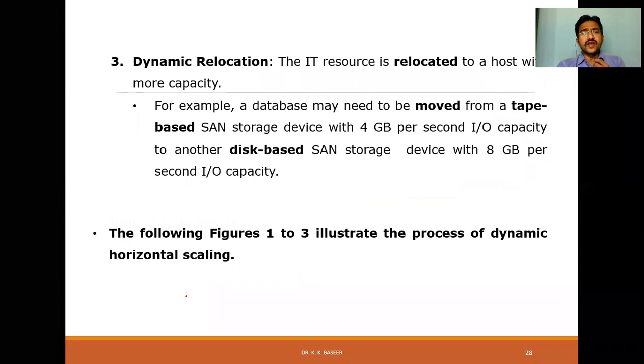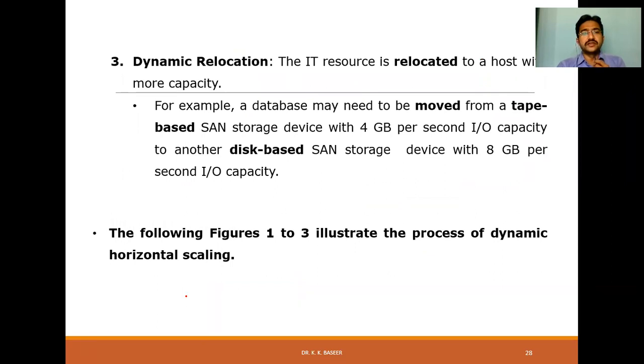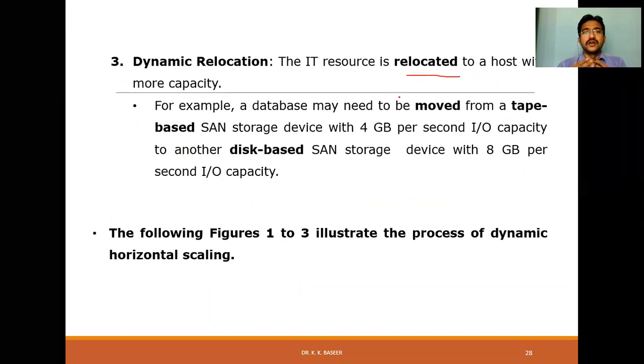And coming to the third part, dynamic relocation. Relocation is when, dealing with IT resources, the resource is relocated to a host with more capacity. The meaning of relocated is, say for example, you are upgrading your system.